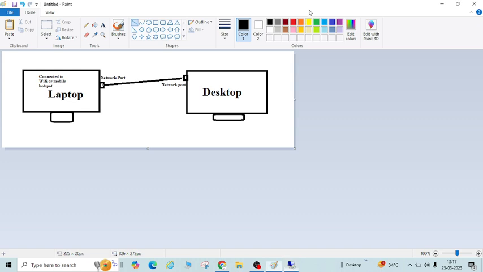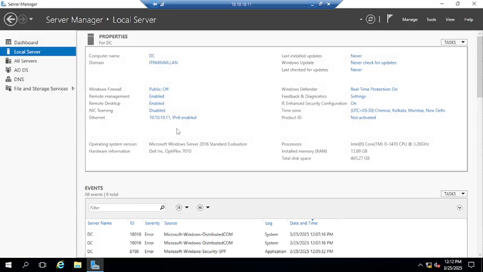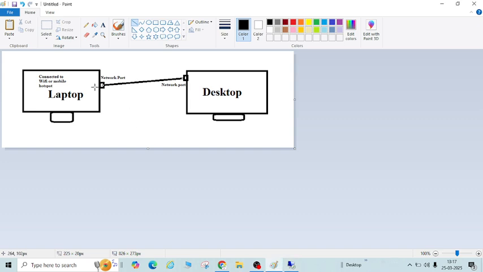Let me minimize this. In the same way, suppose this is my laptop, and using the network cable I have connected this laptop to this server. In the same way, you have to connect your laptop to the desktop network port. Once that is done,